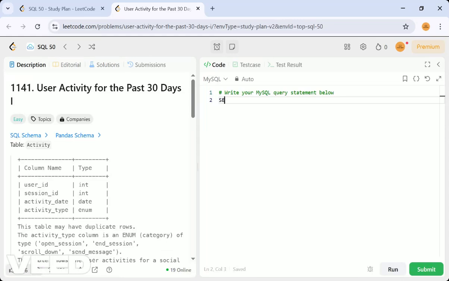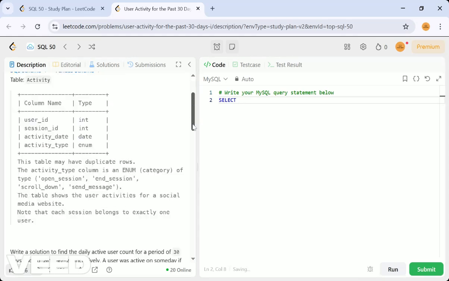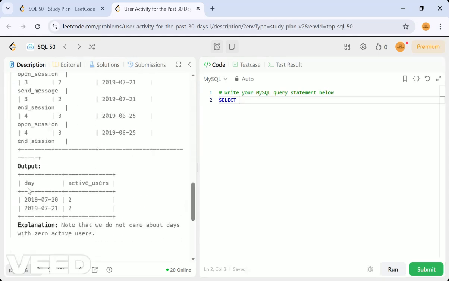So let me just have a simple select. What they want in a select is day and active users, right? So which day and what active users they want. These are not what I have written.